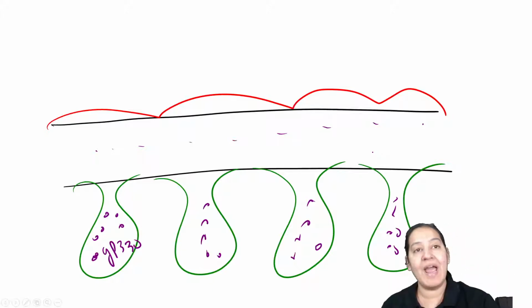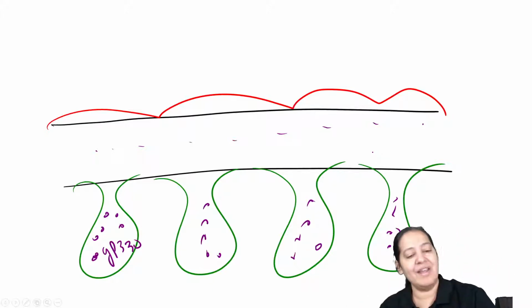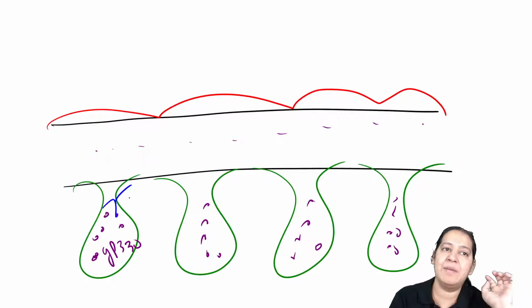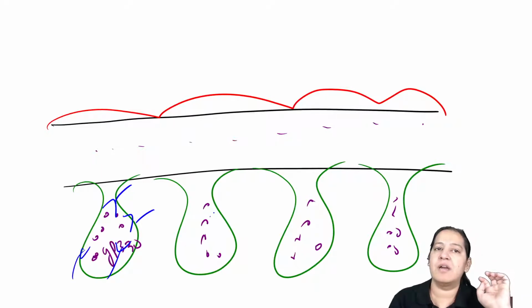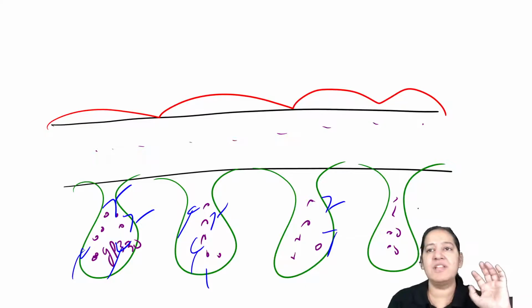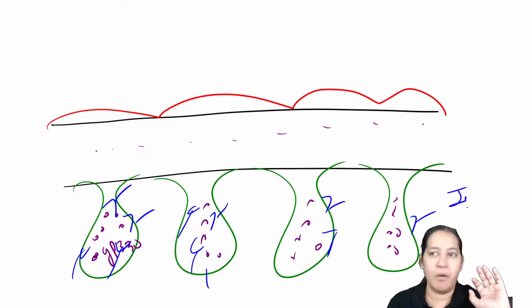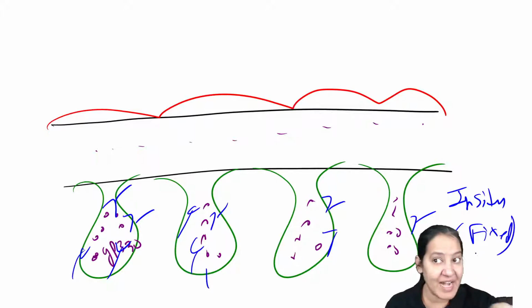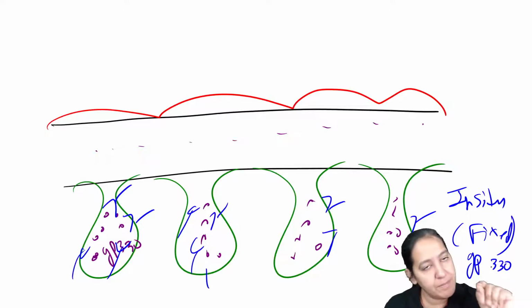Now, the body is forming antibodies against it. The body is considering it as an autoantigen or as a foreign particle, and is forming antibodies against it in the blood. These antibodies come and form antigen antibody complexes here. They are not formed in blood. They are formed in situ against a fixed antigen. But what is the fixed antigen here? The fixed antigen is glycoprotein 330 protein present on the podocyte.